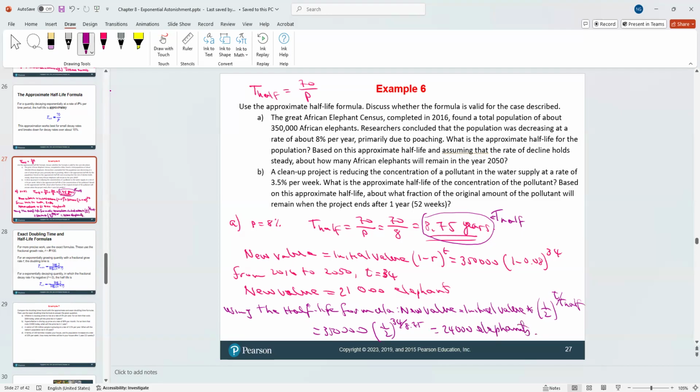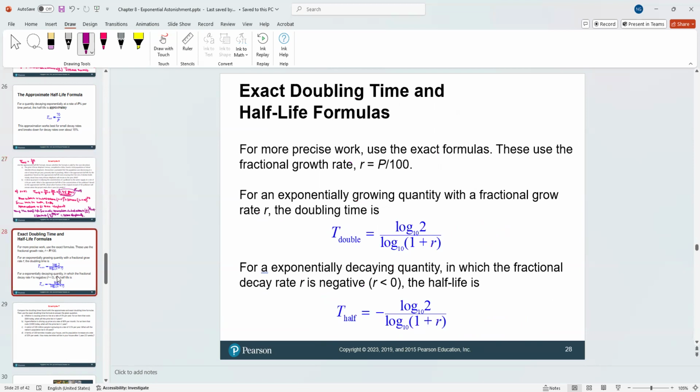So using the approximate life formula, it does a somewhat reasonable job. So we are pretty close. Remember, the first one is the exact one, but if we use the 70%, it gives you 24,000, but 70% is kind of doing an excellent job. Okay, all right. Now let's conclude these sections with